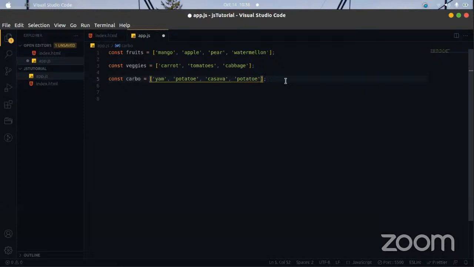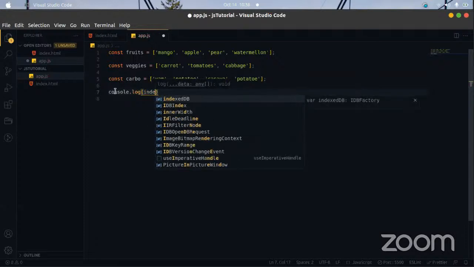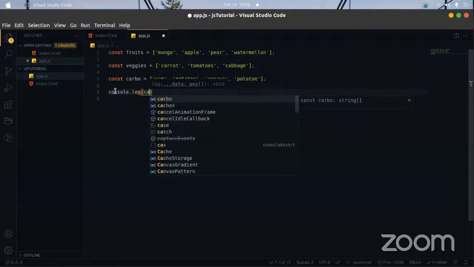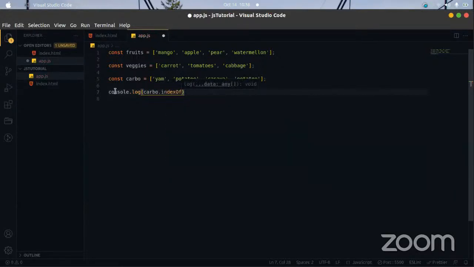So we have potato again, and we want to check now. Normally, if you wanted to check the index of potato, let's just use console log immediately. We just say console log cabo dot indexOf, and what we're checking for is potato.